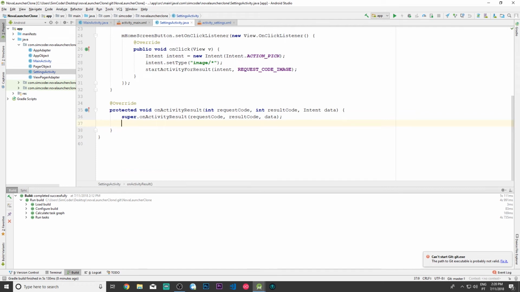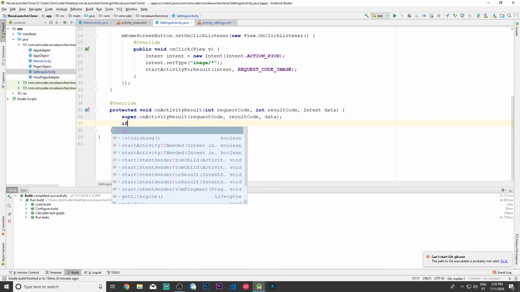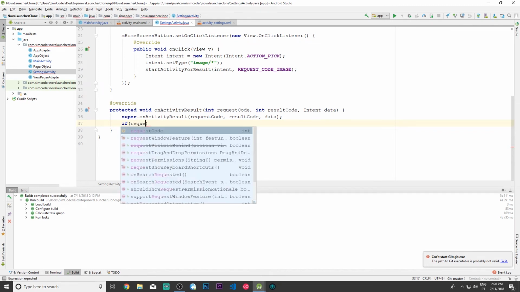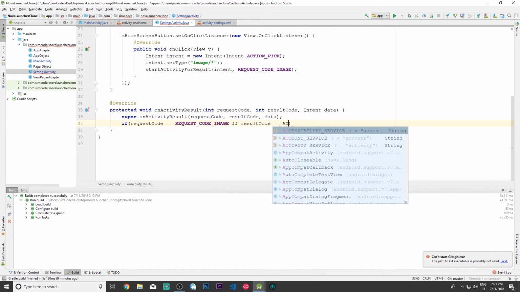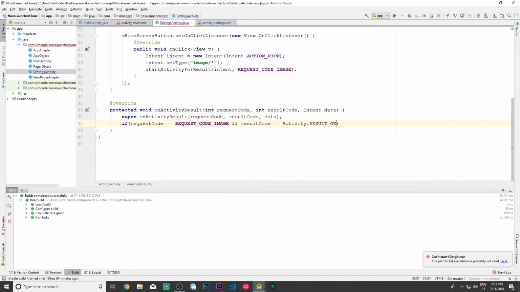And in here we are simply going to say if, and it might be a switch, but because we only have one activity for result, I'm going to go with a simple if request code, which is this right here, is equal to the request code image, which is 1, and the result code equals activity dot result OK,